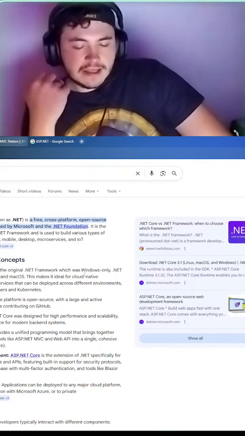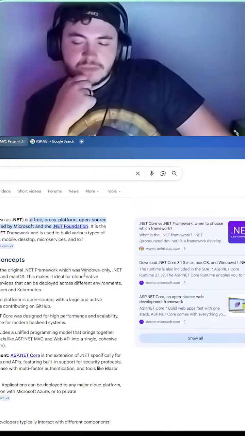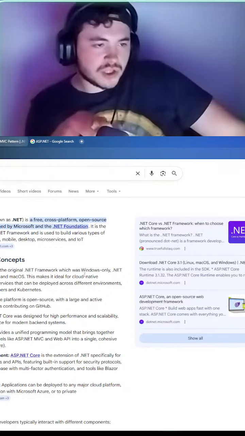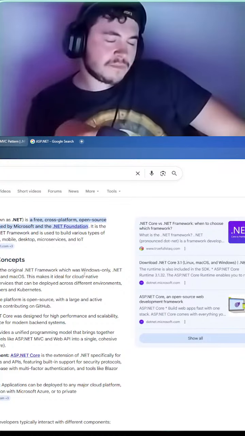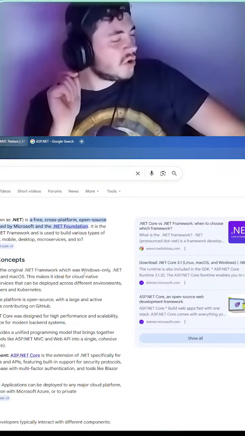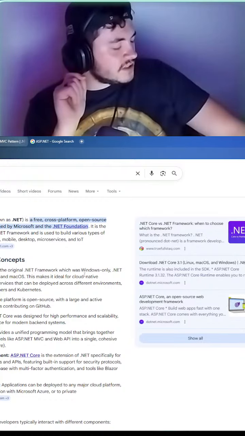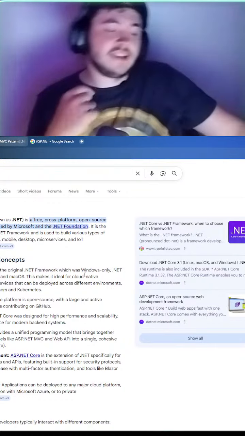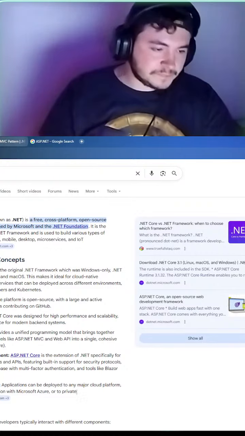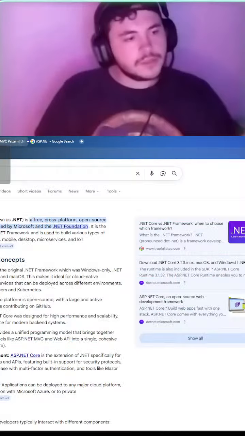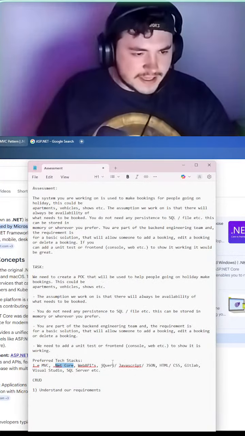So a web application is basically an application that runs on the web, as the name implies. So let's say you program your front end, you program your back end, you run it, you type a URL into your Google, and your localhost and everything will basically display your web page. So we're going to be working in ASP.NET Core. I'm glad we Googled this because that's interesting. So let's get straight back into the content.